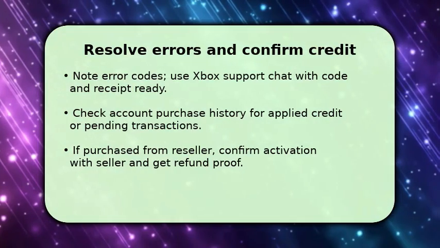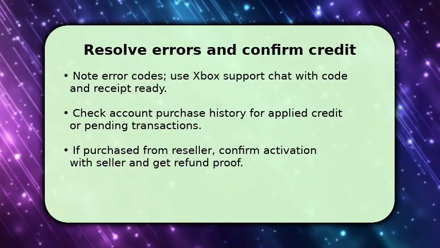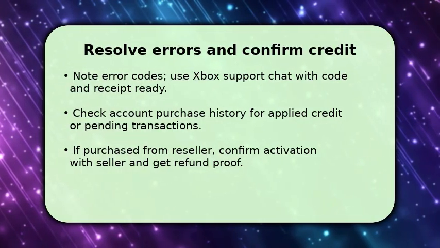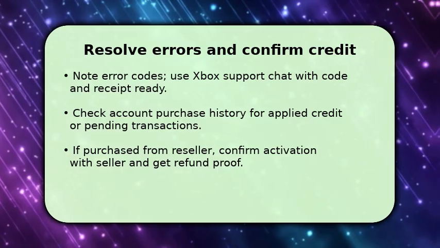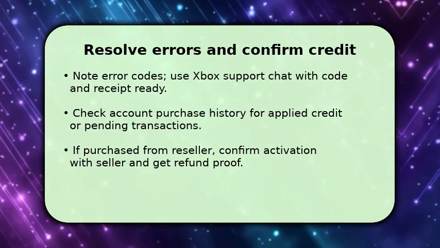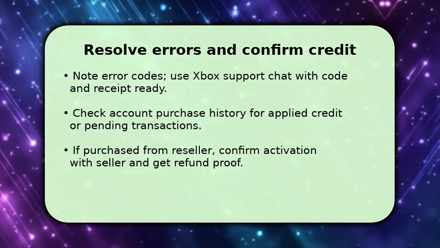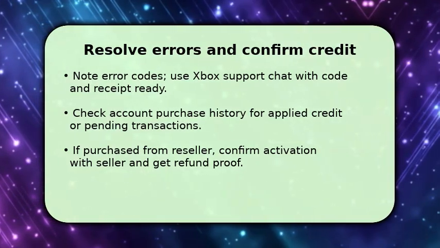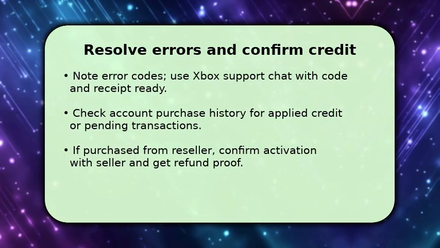To finish, note any error codes and check your account purchase history to see if the credit is applied or pending. This clarifies whether the issue is display delay versus transaction failure. If errors persist, contact Xbox support chat or phone, provide the code, purchase receipt, and error details so they can